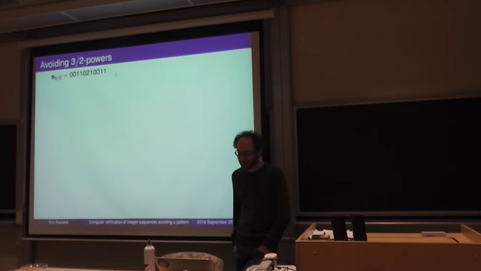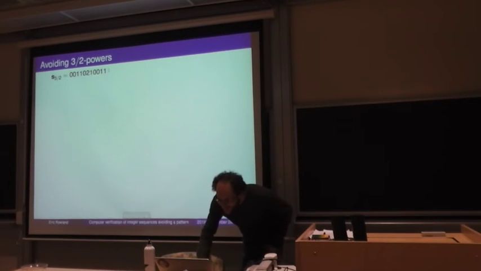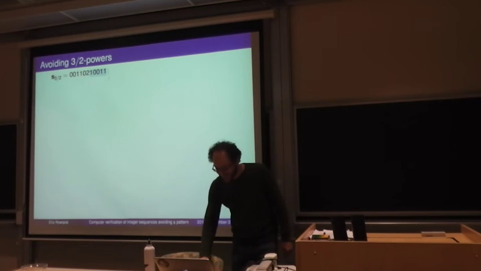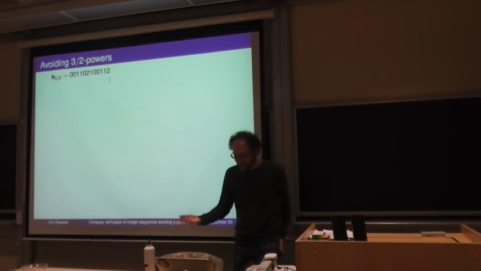Anyway, when you do it with a computer, the computer just checks 1, 0, 2, 1, 0. No. Let's see. How about 1, 0, 0, 1, 1, 0? Oh yeah, there we go. So 1, 0, 0, 1 is okay. And a 1 can't work because 1, 1, 1 is a cube.